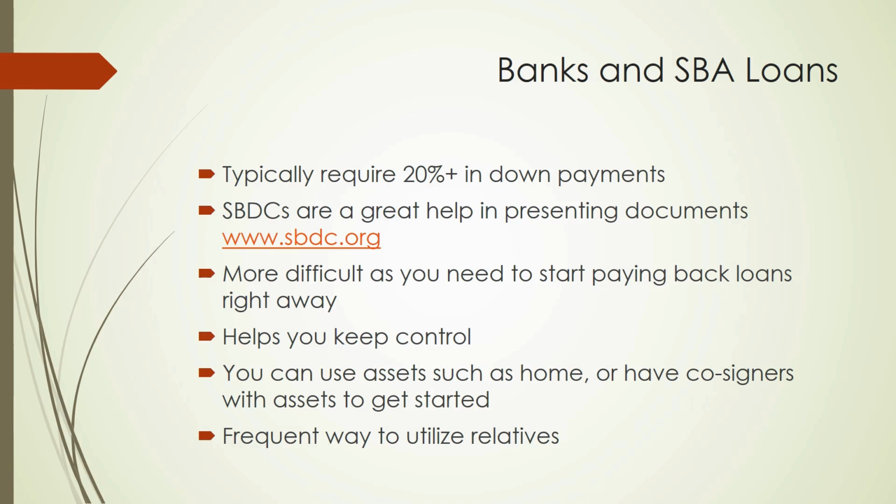As far as loans, most inventors who start out with a loan, they use assets such as their home, have co-signers like their parents or someone else who has assets, or their siblings or some other family member with assets to get started as a down payment or protection for the loan. Basically, the bank's not going to really be willing to loan you too much money unless you have a firm agreement with a manufacturing partner or a distribution partner, or unless you have piled up considerable sales to show the product will sell.